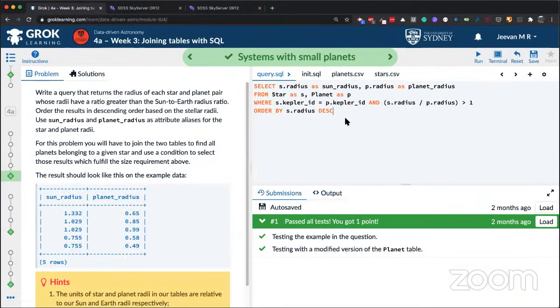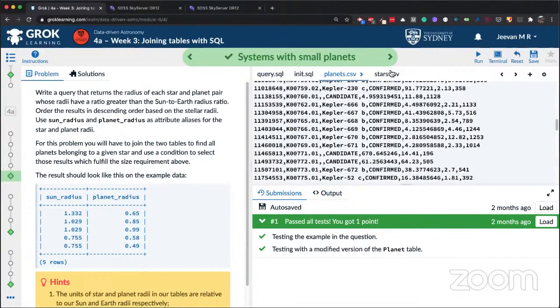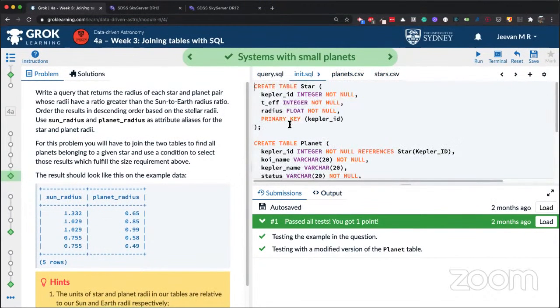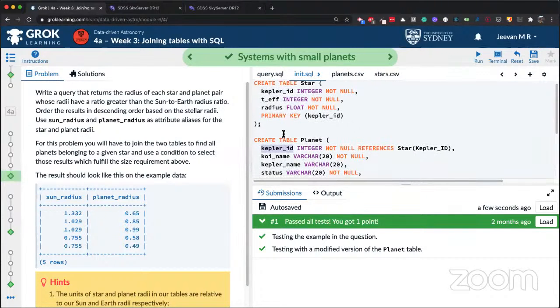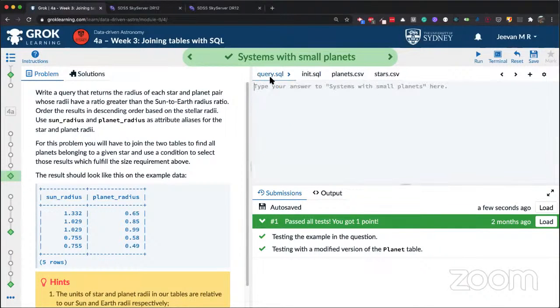Let's see how to combine two tables. So we have now planets and stars. Some of these planets are part of a star system. So how do we see that? Both of them have something called Kepler ID. So you want to get which planets belong to which star system. So you can do